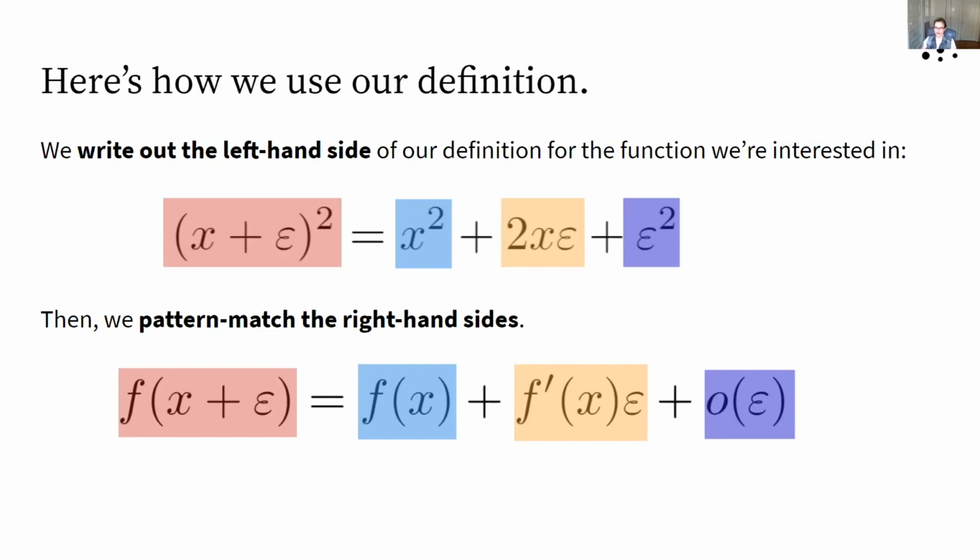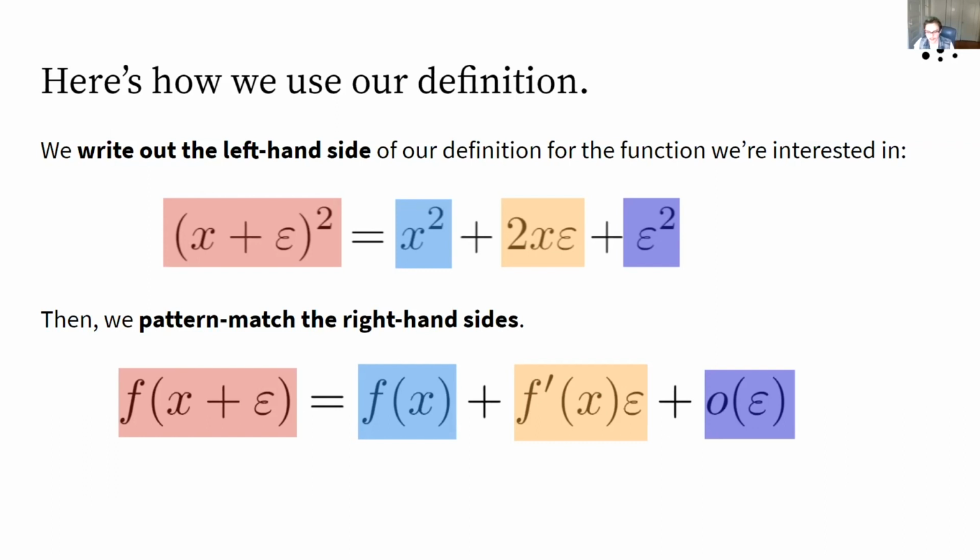And (x plus epsilon) squared, that's a binomial, right? If I were to multiply that out, it's (x plus epsilon) times (x plus epsilon). And so what we'll get out of that is an x squared and an epsilon squared, and then one x times epsilon and one epsilon times x. First, outer, inner, last is how people talk about it in the American school system. So combining those two x times epsilons, we see that (x plus epsilon) squared is equal to x squared plus 2x epsilon plus epsilon squared.